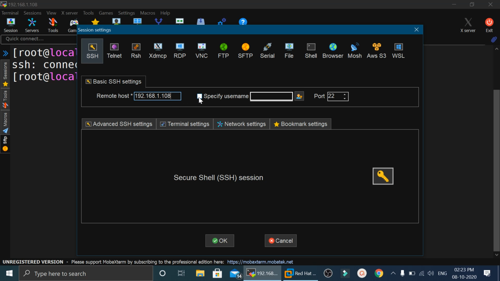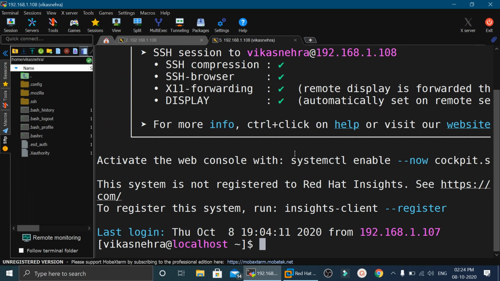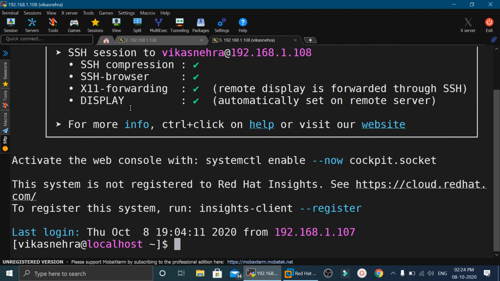Let me again try to do SSH, but this time we will use port number 5152. It is the same port that we have mentioned in the configuration, and here it will allow us to log in to the machine by using port number 5152 or the port which you have defined.